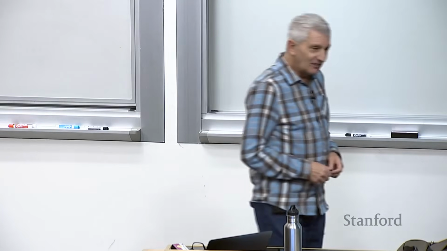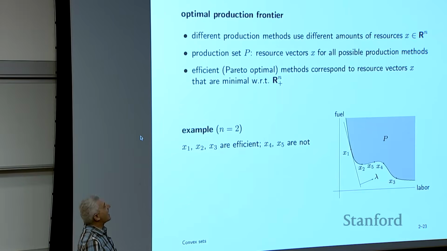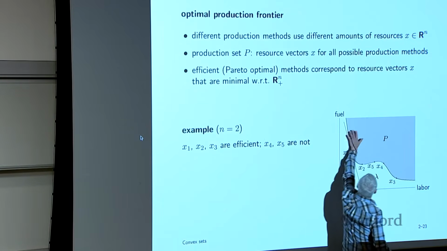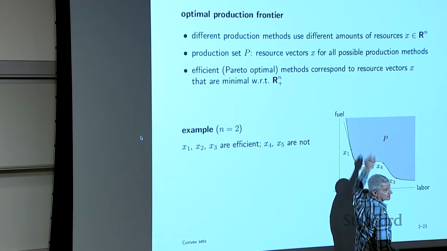Okay. And our first baby application from economics goes like this. I mean, this is silly, but I have to produce a product, right? And I have a production set. A production set in general tells you what are all the choices that parameterize your production set, which is feasible, right? This is just a made up thing with fuel and labor. It's silly, but there it is. And it says we can produce what we need to with any point in here.